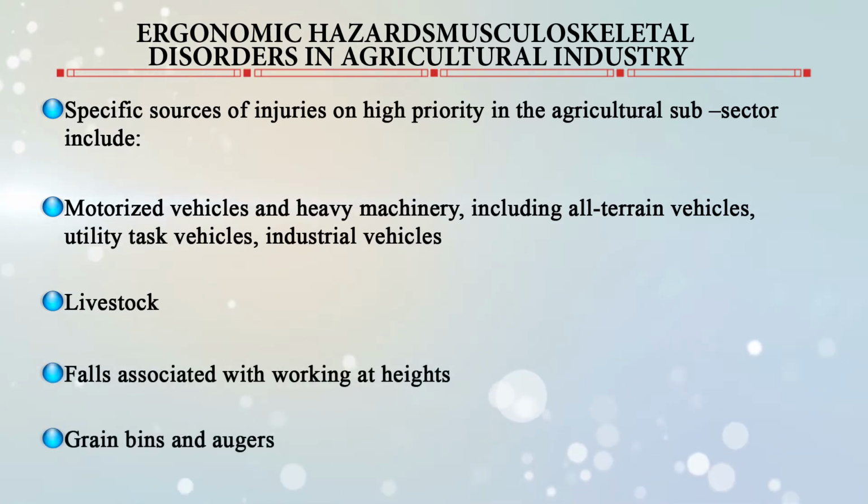Then the grain bins and augers can also contain certain infectious agents, and by bending and by attending to the livestock or attending to these bins, then carrying them from one place to another, all this can actually put stress onto the body. In the same way the heavy machinery, sometimes the big logs of wood on the trees, they are being cut, they have to be transported and put onto the trucks and other heavy vehicles. Here again their hands, the wrist, the muscles, all that could be fatigued out, and that can result in certain